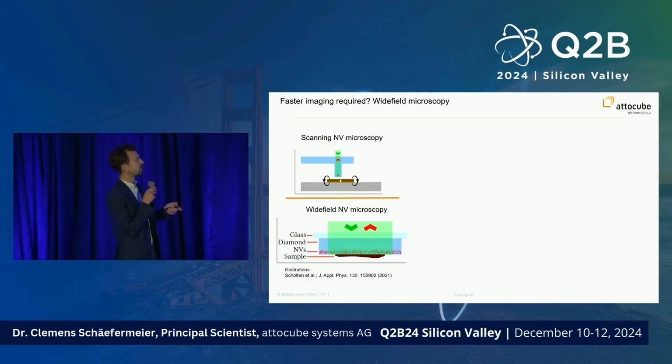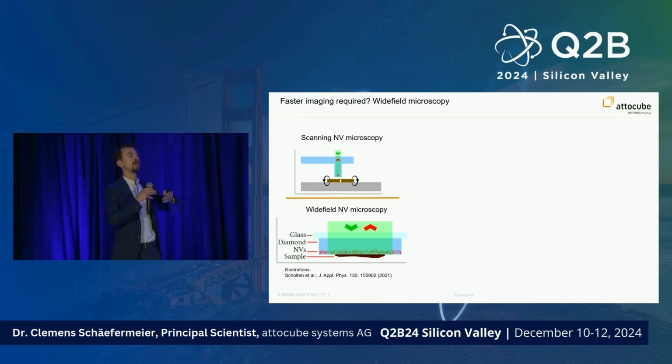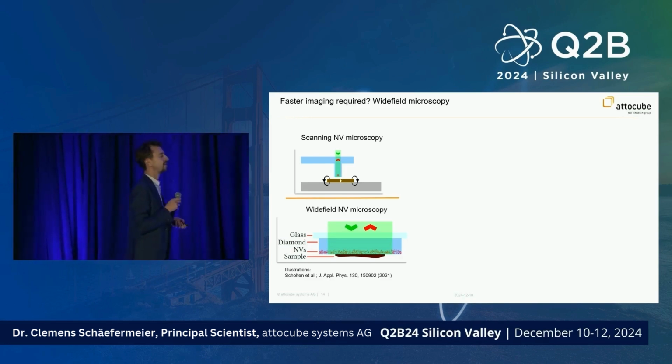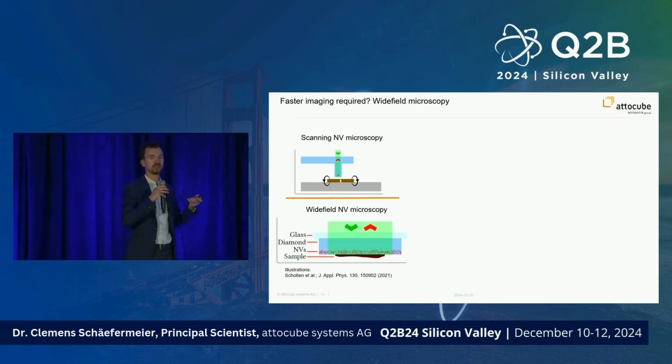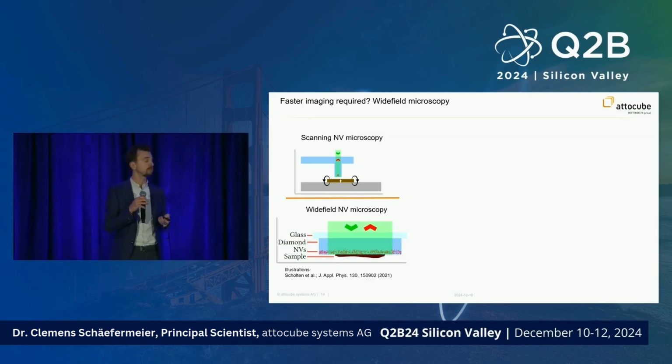And so instead of having a pillar of diamond and a single NV center, you just use a slab of diamond with many NV centers inside. You put it on your sample, you illuminate it homogeneously with a laser, and with a very sensitive CCD, you get a single shot and an image that spans as much as your field of view allows.